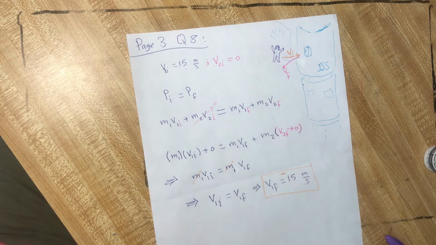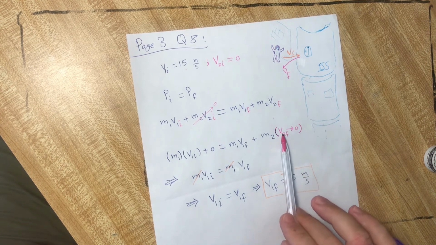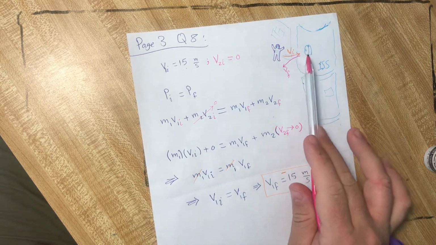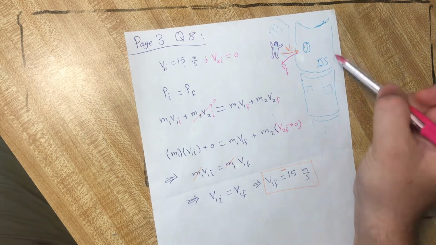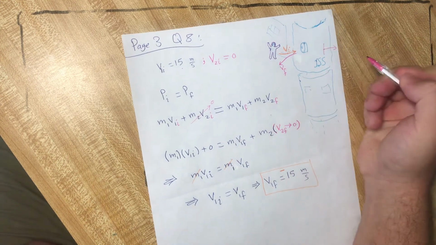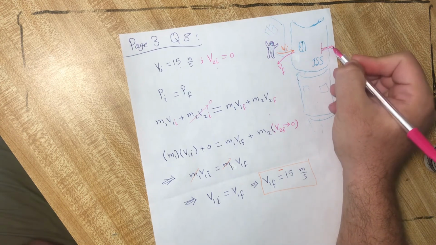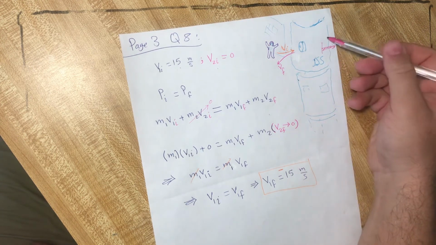The football will not affect the velocity of the car. Its velocity will stay stationary, and the football will reflect off that car with the initial velocity. So its velocity after this collision with the astronaut is nothing. It goes to 0. It will not move in that direction, because it is huge,